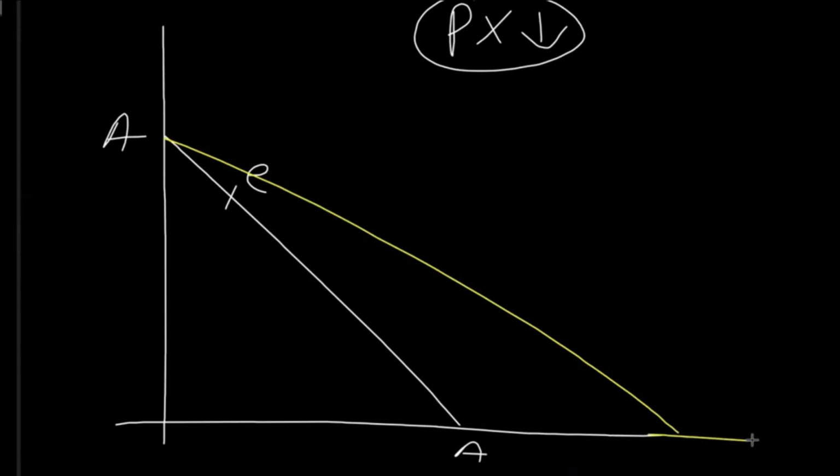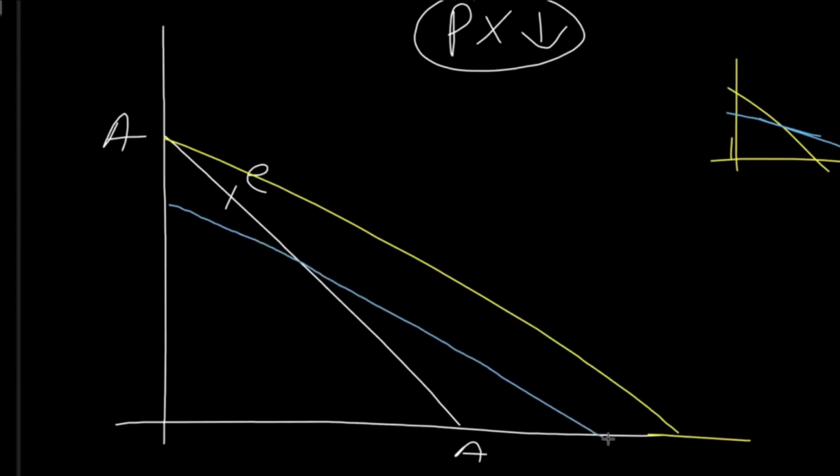When budget line is shifting pivotally, it is basically price effect. And whenever there is fall in price of X and we want to show substitution effect, then we basically shift the budget line like this. So now we have to draw another budget line to show substitution effect as well. So we will make these three lines basically ना. This is P and this is CC. ठीक है, एक इक्विलिब्रियम आपका यहाँ बनेगा, एक यहाँ पे बनेगा, E1 and E2 let's say.